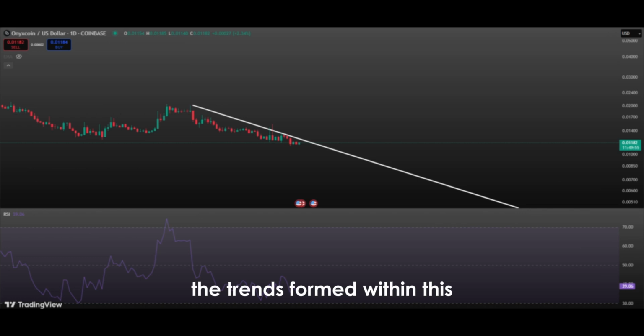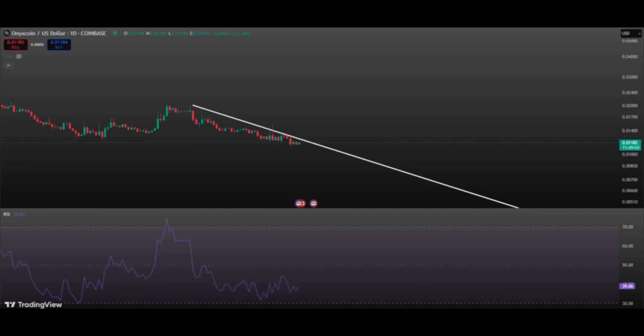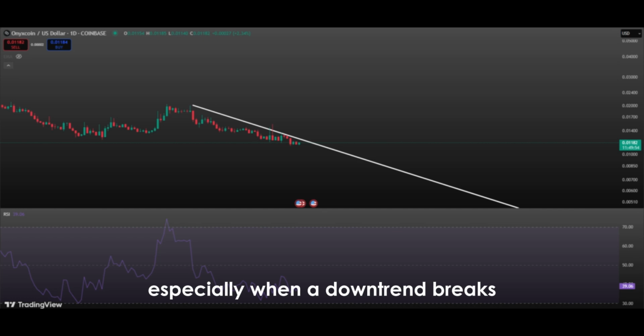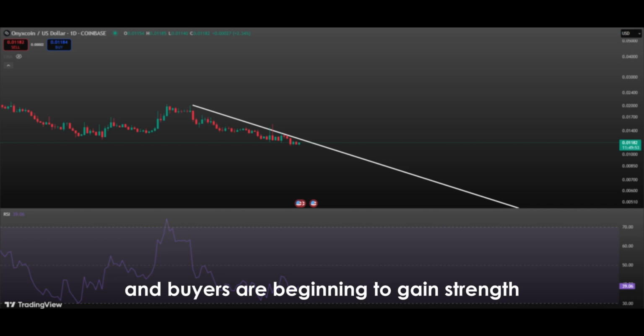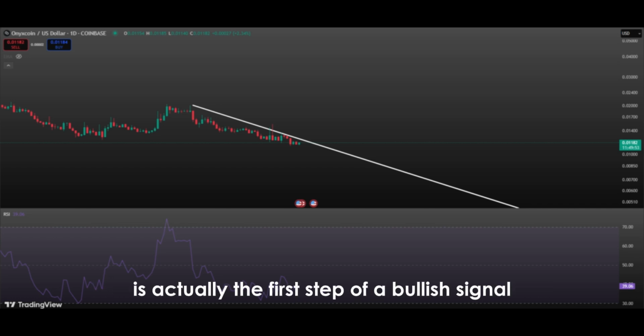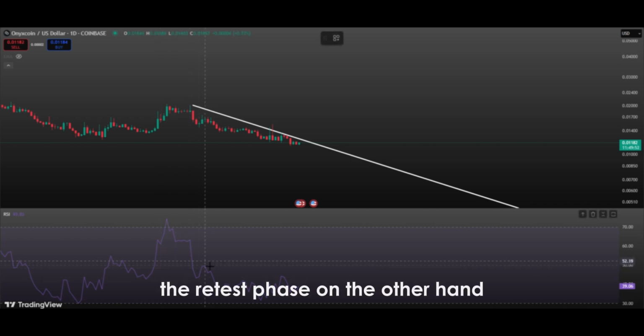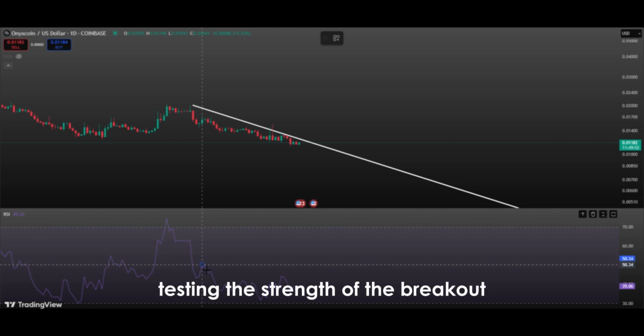The trends formed within this indicator often strongly align with the trends seen in price charts. Especially when a downtrend breaks, it shows that selling pressure in the market is weakening and buyers are beginning to gain strength. In such a case, the breakup of the RSI downtrend is actually the first step of a bullish signal. The retest phase, on the other hand, serves as a second confirmation mechanism, testing the strength of the breakout